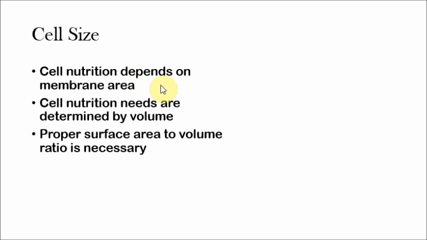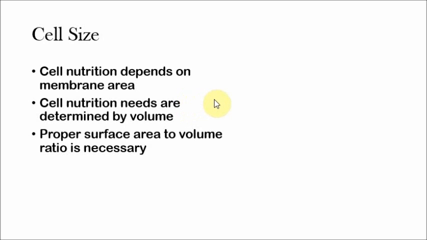Now, you also have to realize that how much nutrient it needs is determined by the volume of the cell. As the volume of the cell increases, the cell's surface area doesn't increase at the same rate. That's the big thing to know. Obviously, volume is a cubed dimension. Area is a squared dimension. That plays a role. There's math behind it. We don't really care, but